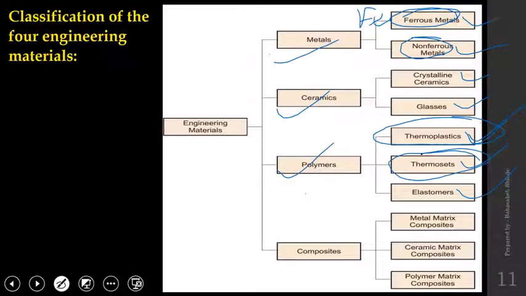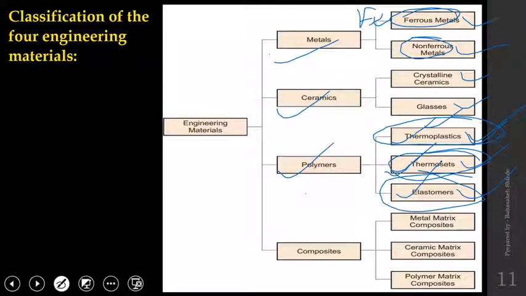Once you have manufactured a product from the raw material, it is done. You cannot recycle it at the same efficiency that you can with the thermoplastic. So that material is thermoset. And elastomer is the plastic that has elasticity, or is elastic in nature. Thermoplastic and thermoset are rigid. If it is not rigid, it is flexible, and that is called an elastomer.